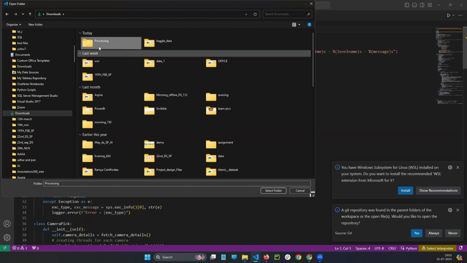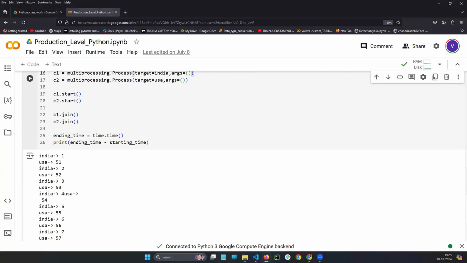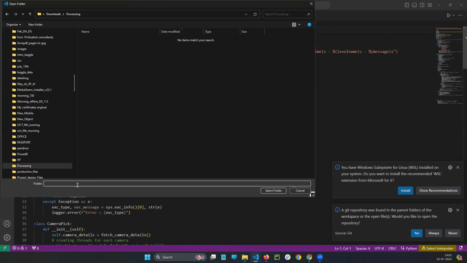Processing. Okay, so here listen very carefully. We will spend some time, no problem, but the concept should be very clear. Don't worry, you can just copy paste the code and run it here only. But for explanation purposes, to understand in a very detailed way, I will use the IDLE. So the point here is,